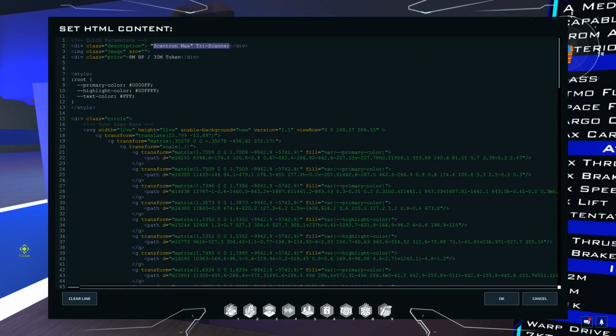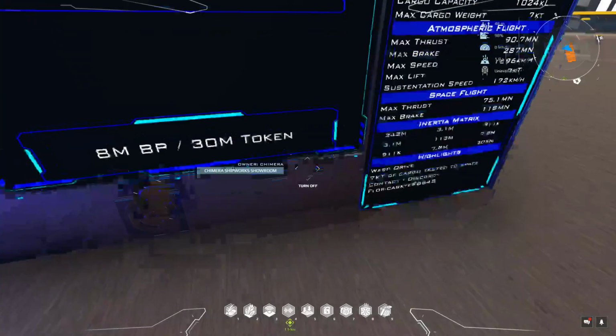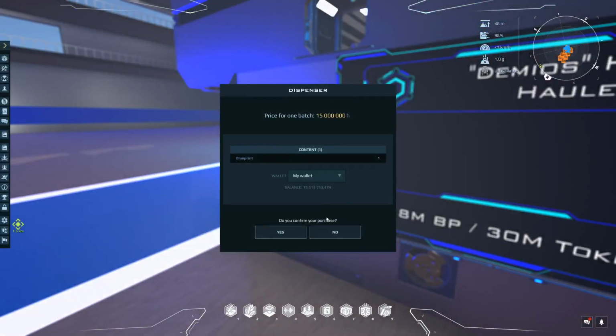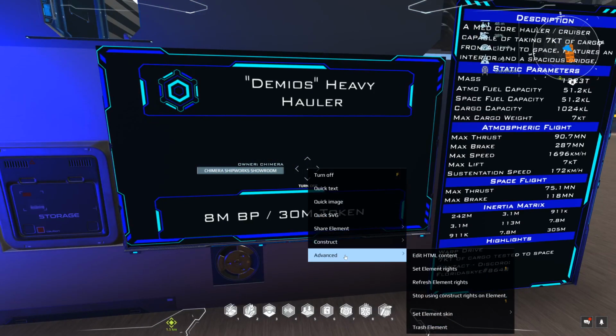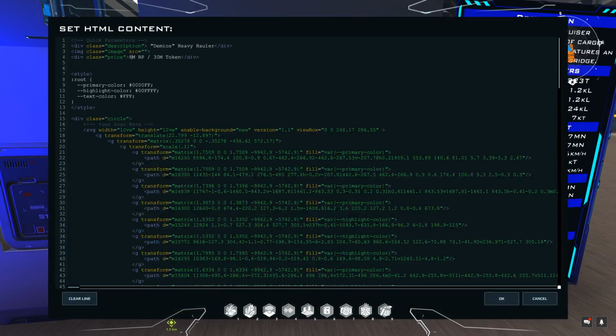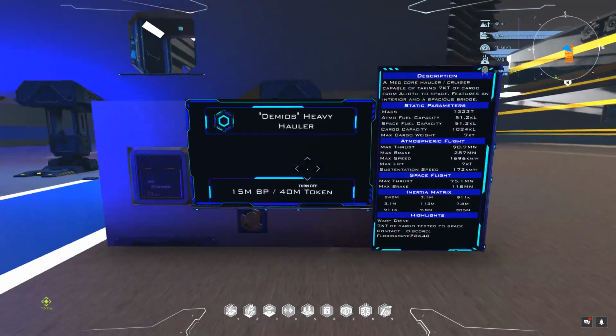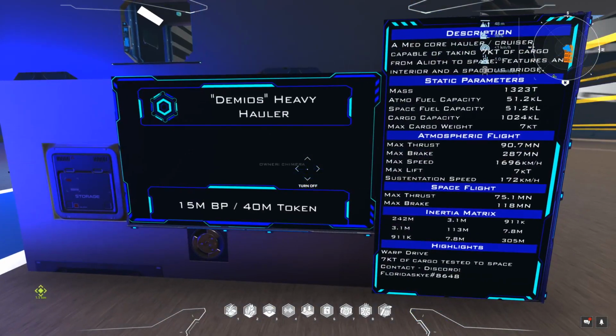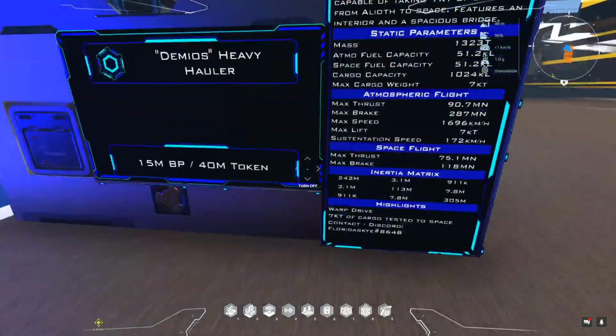Let me go ahead and change this here. This is Demios heavy hauler. Okay, I could put an image here. I don't have one yet for this ship, but I could put anything in there. So that changed that there. And then the cost of this is, I believe, 15 million for blueprint and 40 million for the token. Okay, and there we go. Easy setup and done. And like I said, I have these saved,